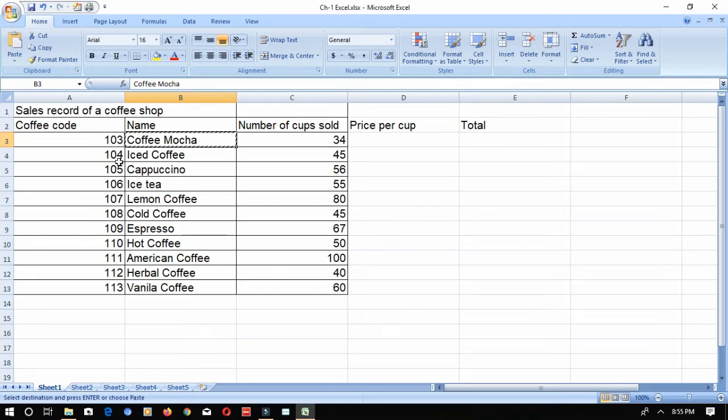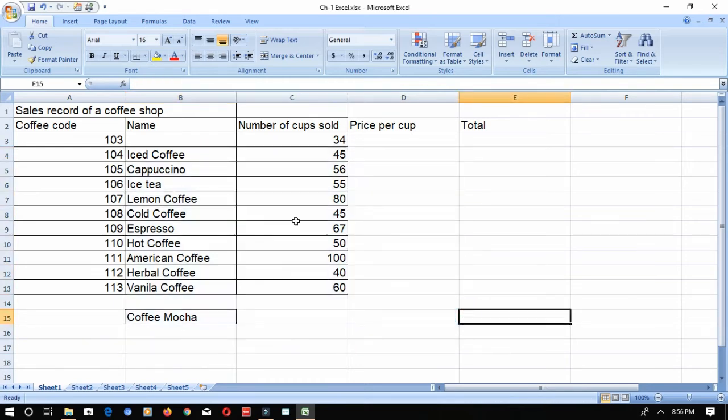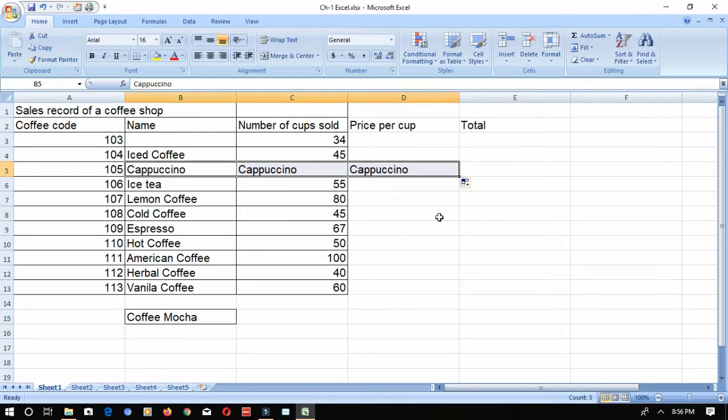Now we will cut it. Where I wanted to paste it, for example, here. What can I do? I can paste it. I am pressing Control plus V. That is to paste. What is the other way? As I told you, you can use this paste button in the clipboard group, or you can right click and paste wherever you wanted. Otherwise what can you do? For example, hold it and drag it. This way also you can hold it and drag it.